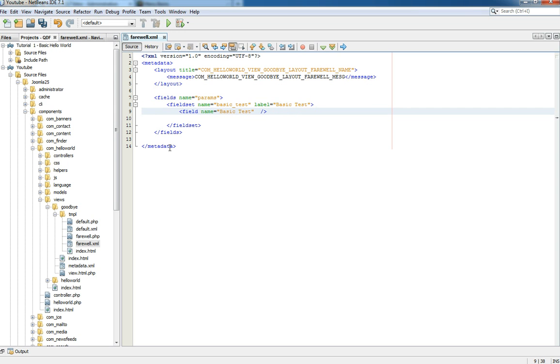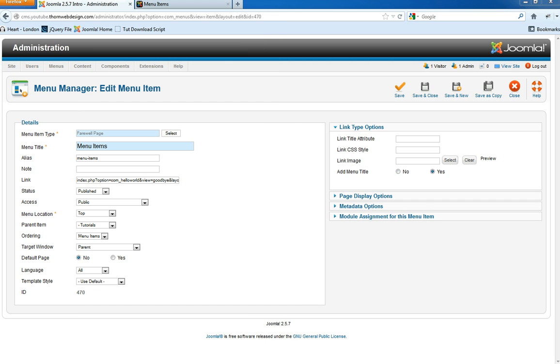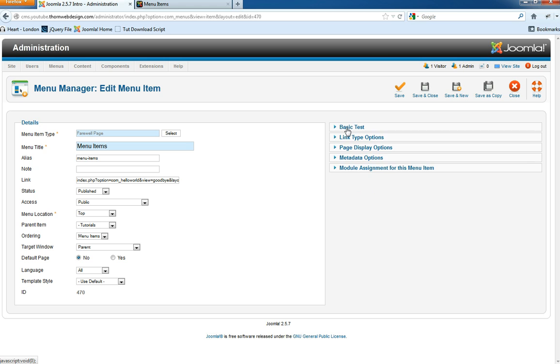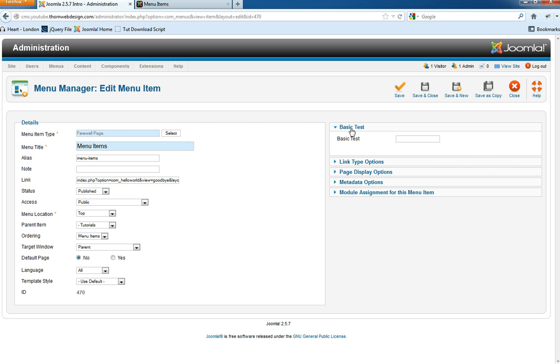Now, field names work a lot like the input tag in HTML. So we give it a name, and then we give it the type, and it's text. And we just say then the value. Value is then test as well. All right, let's just save this. Come back over to here. Refresh this. And as you can see now, we get basic test, and then we said that